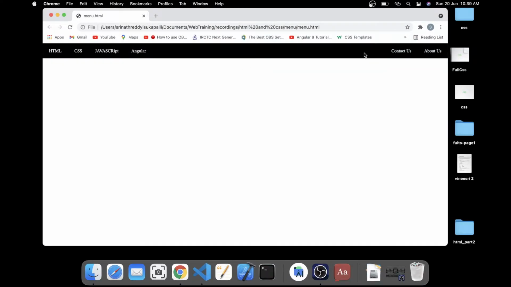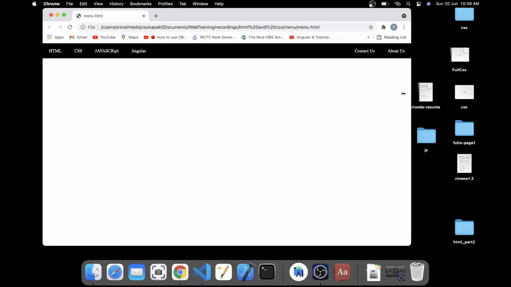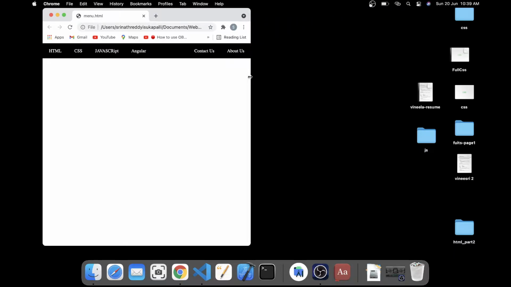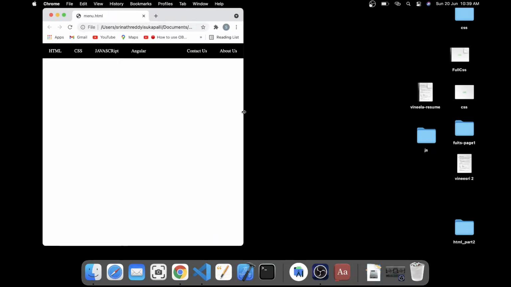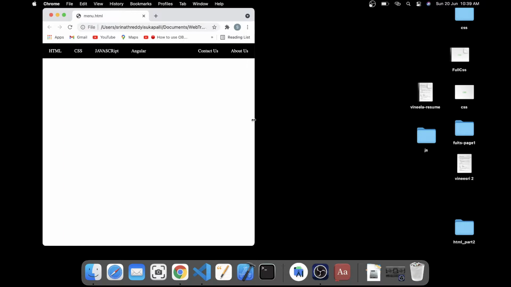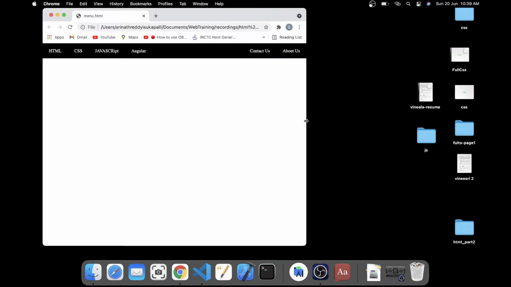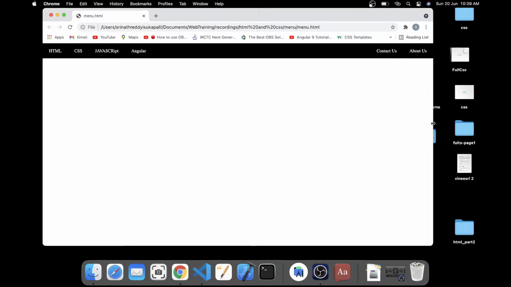Okay, so if you resize also, see it is resizing. It will adjust automatically. See, if you go a little down, it will come like this. Okay, this is used for the mobile version. If I increase this one, you can see the responsiveness. Responsive means the same code will come in a different way in the mobile. Okay, it should adjust based on the device.